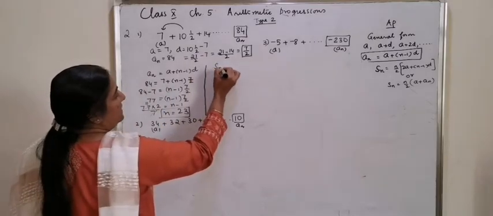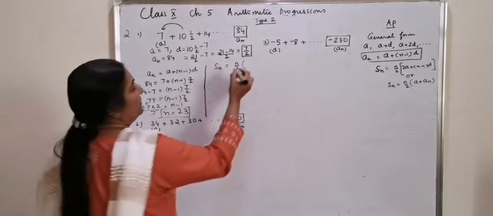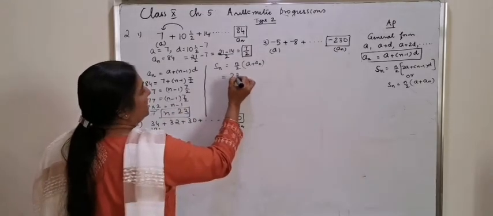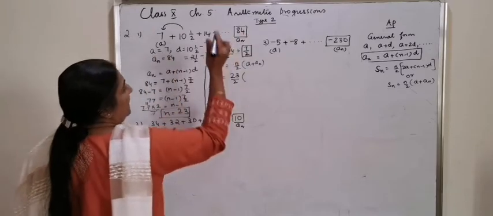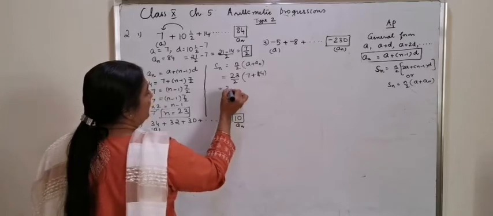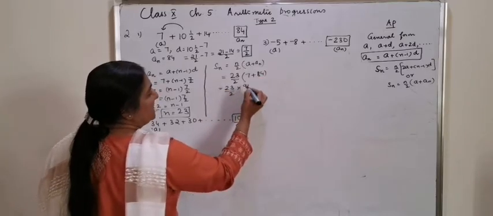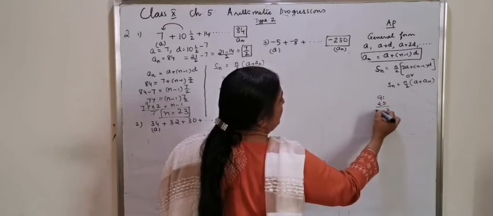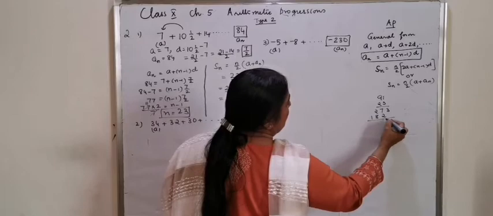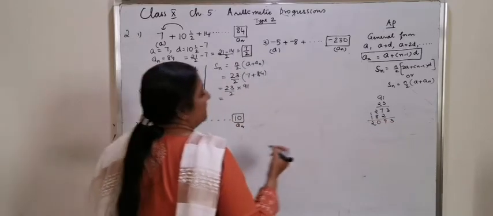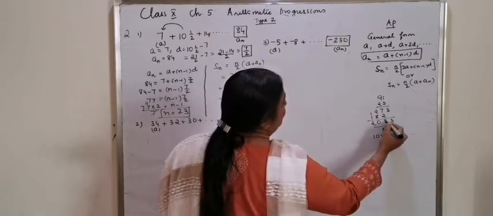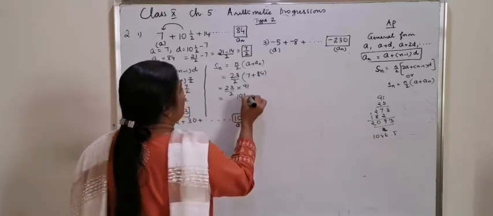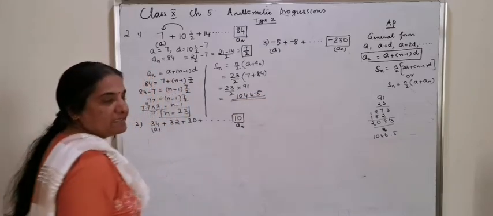Now you can apply in the formula of Sn is equal to N by 2. Here you can use the second formula of A plus An, as you know, the first term and the last term, which is equal to 23 by 2 into your A value is 7, An value is 84. 7 plus 84, 23 by 2 into 84 plus 7 is 91, which is equal to, you can multiply 91 into 23. 3 ones are 3, 3 nines are 27, 2 nines are 18, 3, 9, 10, 2093 divided by 2. 1, 0, 4, 9 by 2 is 4, then 8, 13, 6.5, 1046.5. That will be the SN formula.